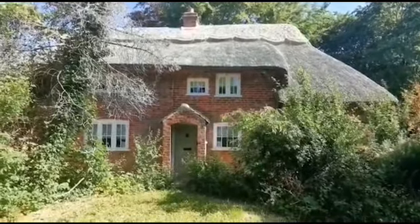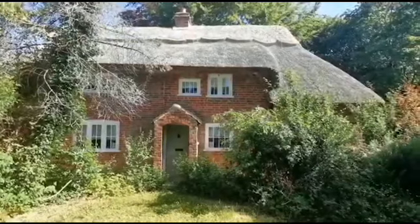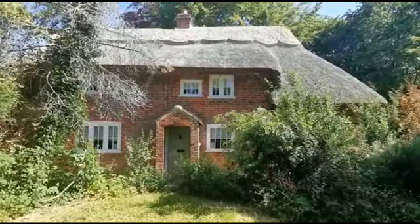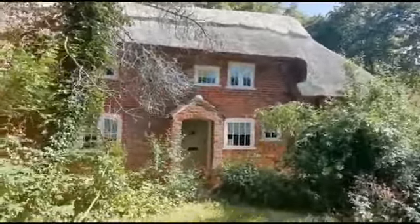Hi, I'm Cherry from Church Robinson, and today we're here to look at the very, very pretty The Cottage, which is located in the village of Harwell, which is just outside of Didcot. So here we are outside of the property, and the gardens horseshoe around the house, which is really lovely to